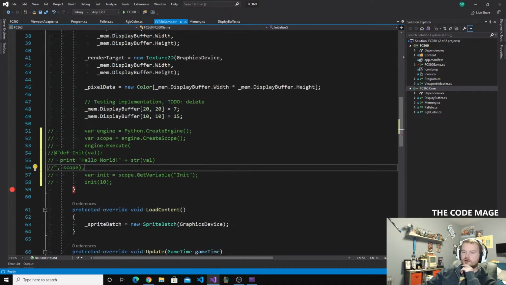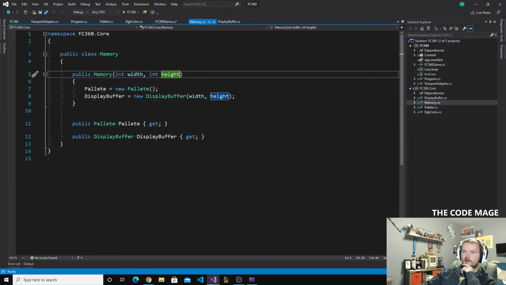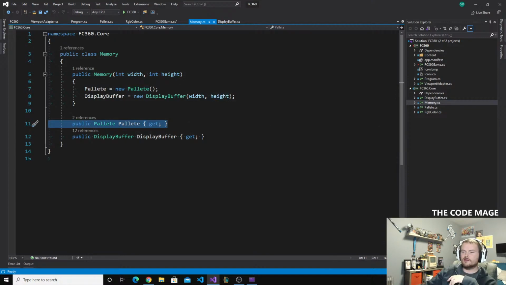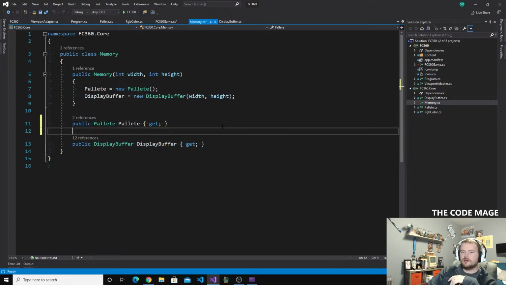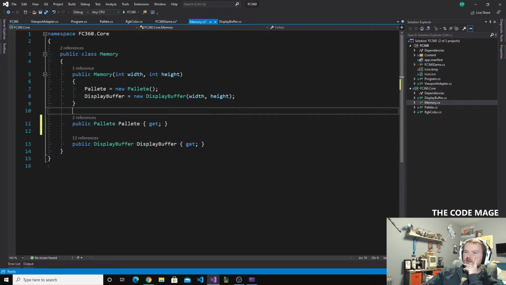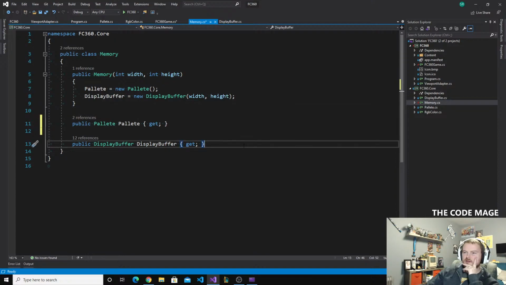So currently, memory is kind of where I'm putting everything. Although memory is obviously, so this is the static color palette, and then this is your display buffer that contains the state of what you're going to display. So I think what I might have to do here then is think of it as,